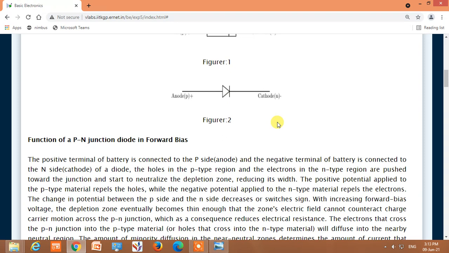Now the diode operates generally in forward bias, but the operating modes are two types, forward bias and reverse bias. So we can say that diode biasing is of two types, forward biasing and reverse biasing. In forward biasing, the positive battery terminal is connected to the p-type semiconductor, that is the anode, and the negative terminal of the battery is connected to the n-type, that is the cathode of the diode.